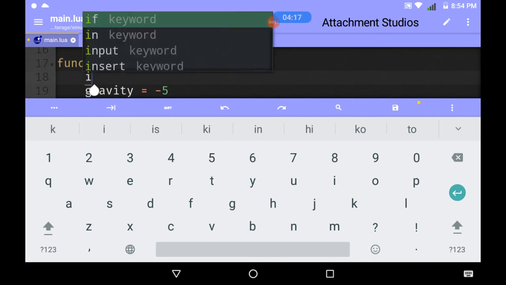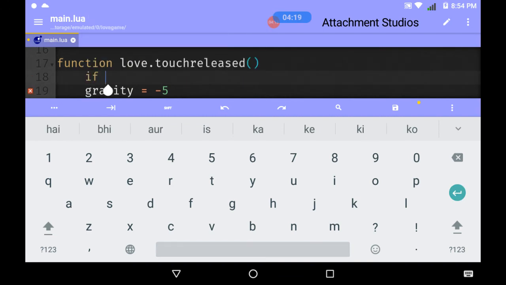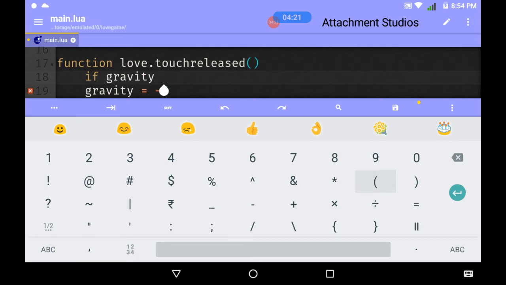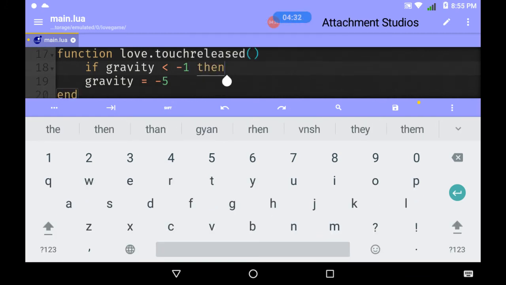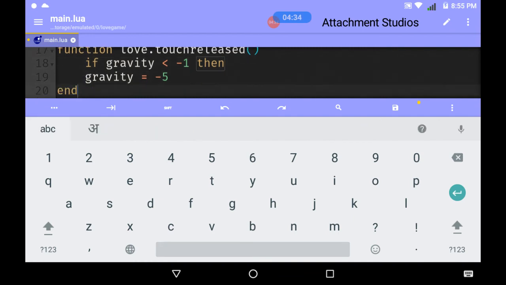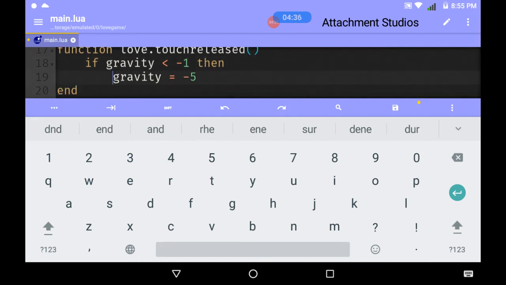actually we can write a command: if gravity less than -1, and then write then, and then just do this, and then end.